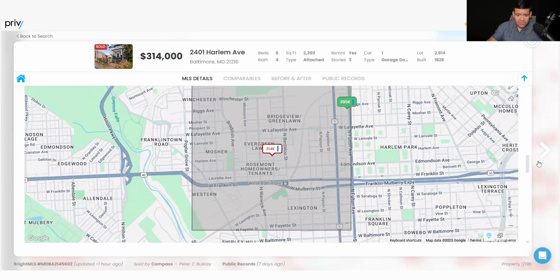So the comps evolve, they change. Even the statuses. Maybe I've got two active comps, eight sold comps, and a pending. Well, a month from now, everything might be sold, maybe all of them are sold at that point, and maybe there's one new active one that wasn't there before. So this change is live, which is extremely helpful because in the world outside of Privy, people are